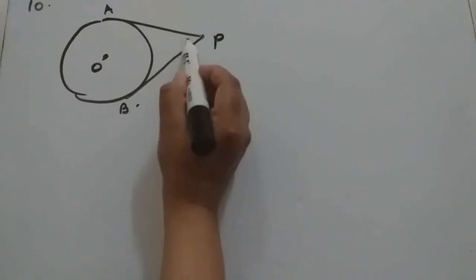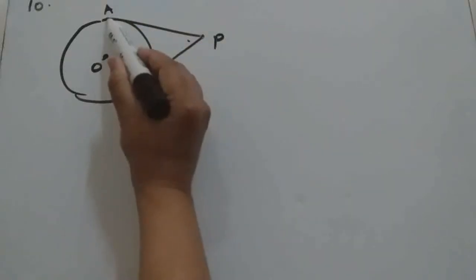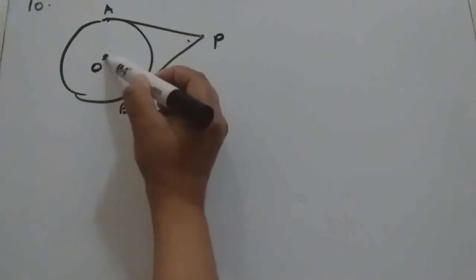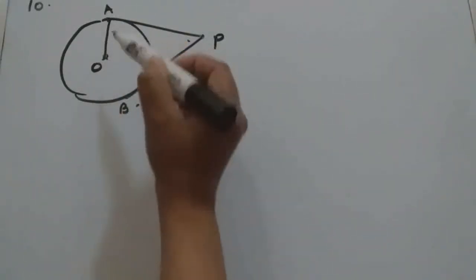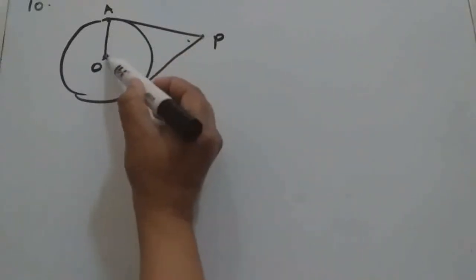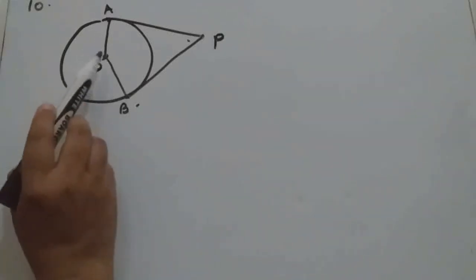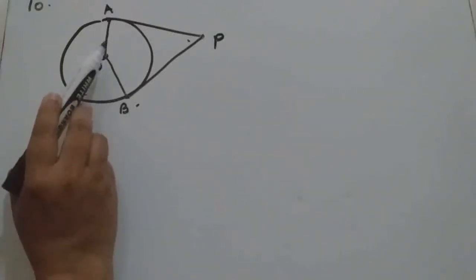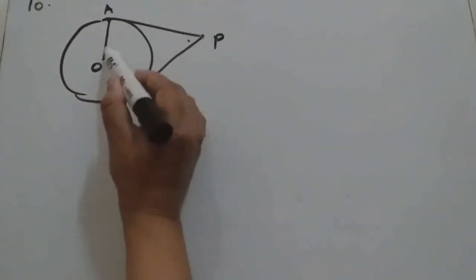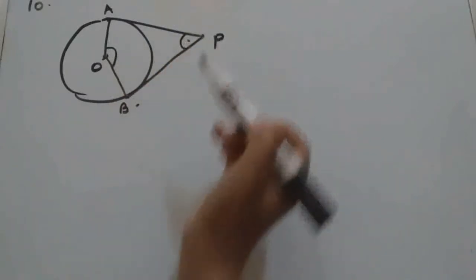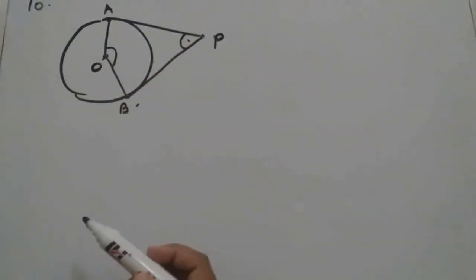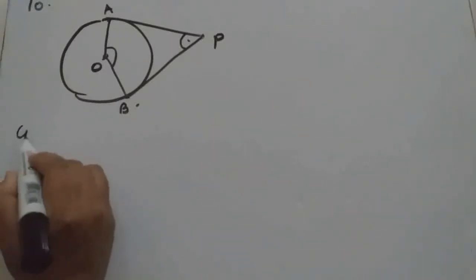and the center. So point of contact is A and center is this O. So OA, and here point of contact is B, center is O, so OB. So the angle subtended here by these two lines, they are supplementary. Supplementary means their addition is 180. This we should prove. So given,